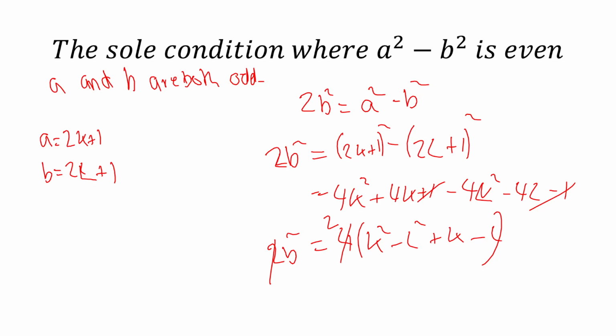However, if we multiply it by 2, it generates an even number. So we now know that b squared is even. If b squared is even, b is even. But hold on a second. a squared and b squared are both odd. But we've just shown that b is even. Therefore, we have contradicted ourselves,